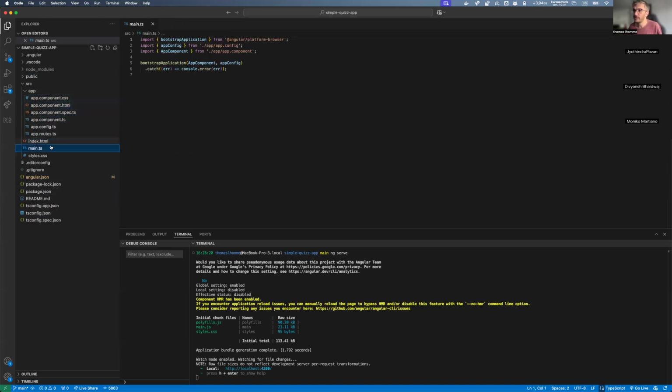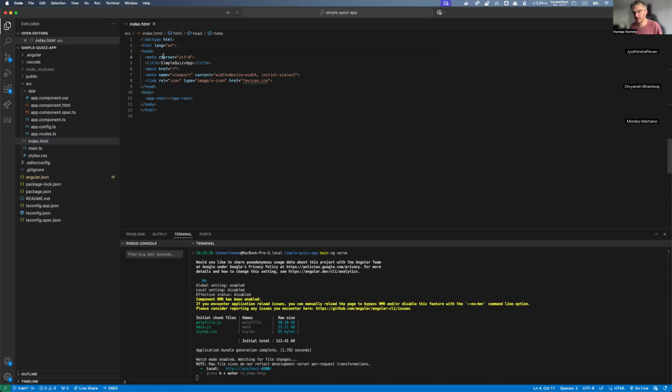So let's have a look at the index.html, and we can see something here, right? We can see that we have really all the basic elements that we have on an HTML page. But you can see as well this guy, app-root. What does it mean? What does app-root mean? Well, app, we can have an idea, right? It's called app. We have an app folder here. Maybe there is a link. Well, yeah, you're right, there is a link. But let's go further. Why is it called root?